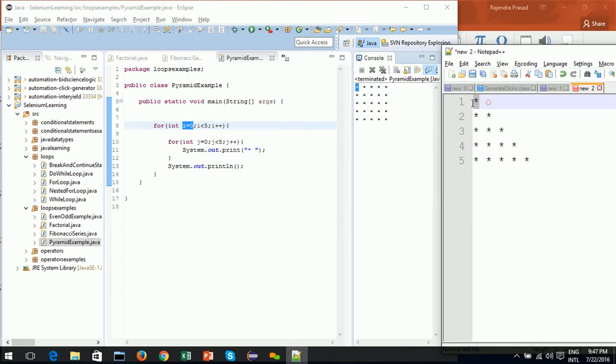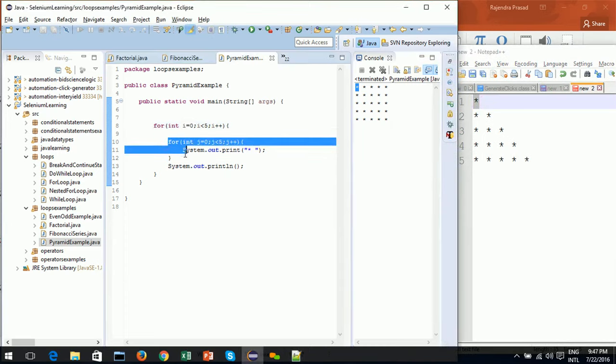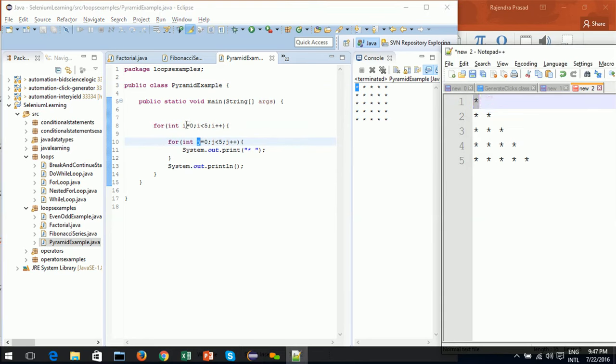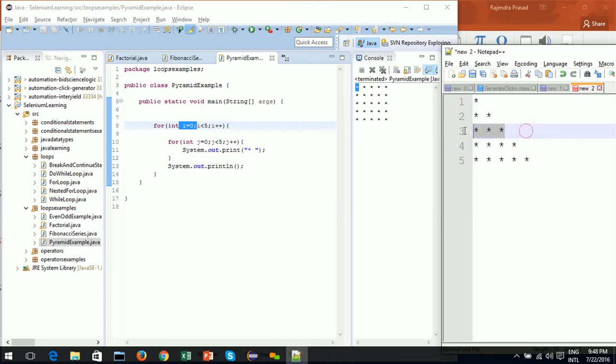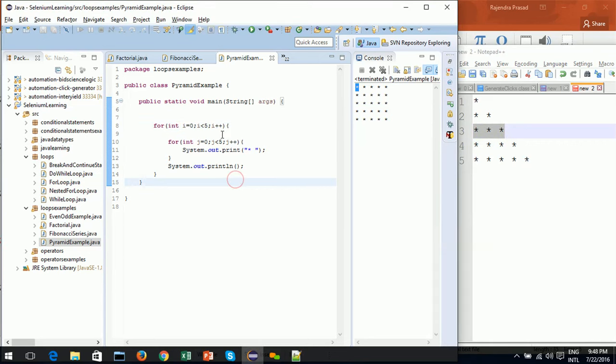Okay, in the first iteration, the inner loop should get executed only once. In the second, when i equals 0, j should get executed only once. When i equals 1, j should get executed only 2 times. When i equals 2, j should be executed only 3 times. Okay, what I'll do,